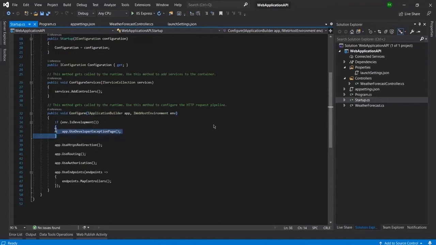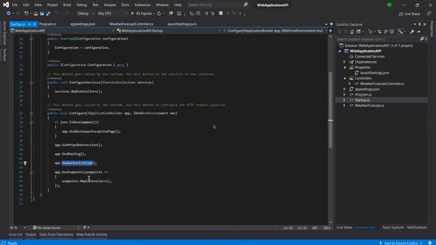In the Configure method we have env.IsDevelopment, so inside this code the compiler will run in the development version. Here you can see UseHttpsRedirection, so this method basically says to open this project on HTTPS, redirecting it to HTTPS. We are also using UseRouting, so it will use the routing of the web API.